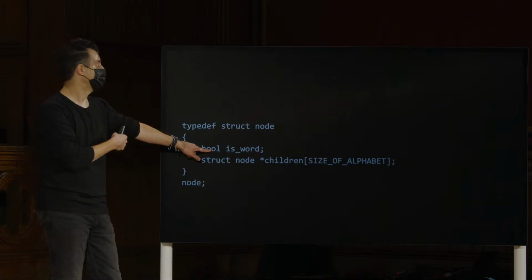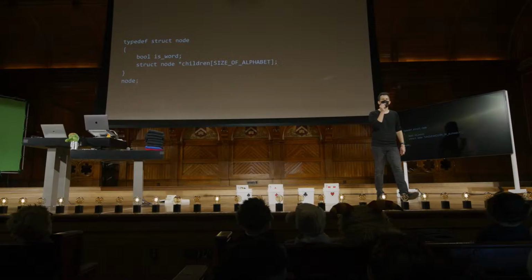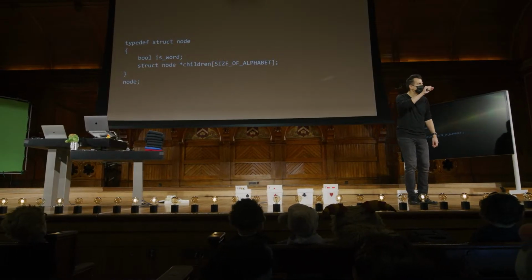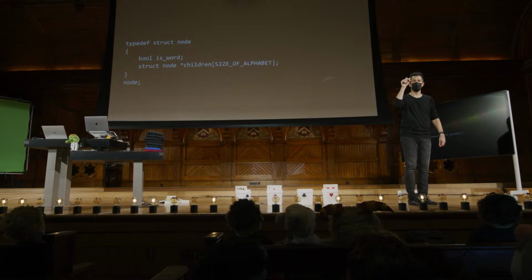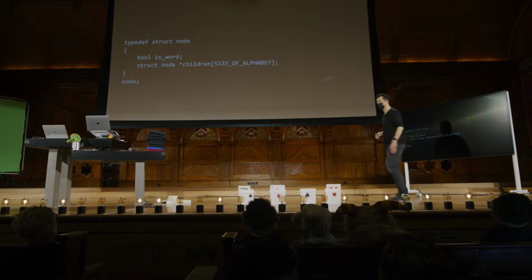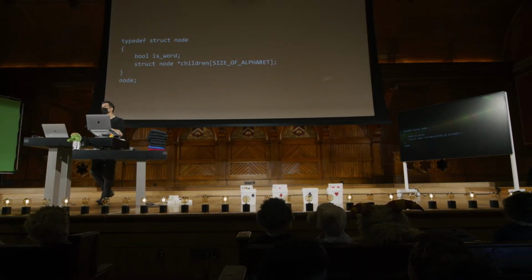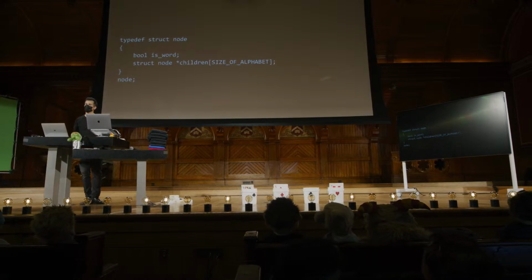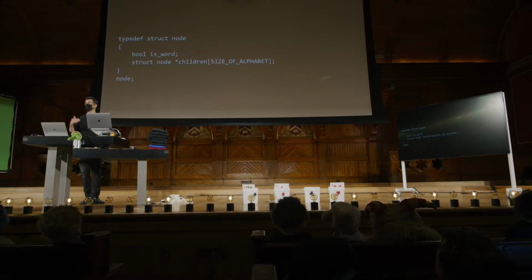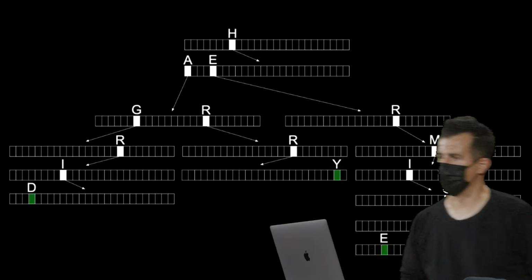This is what I represented in green on the slide a moment ago. I also need another piece of data, just a 0 or 1, a true or false, that says, yes, a name stops in this node, or it's just a path to the rest of the person's name. But the upside of this is that the height of this tree is only as tall as the person's longest name, H-A-G-R-I-D or H-E-R-M-I-O-N-E. And notice that no matter how many other people are in this data structure, there's 3